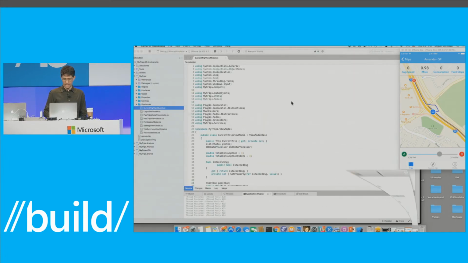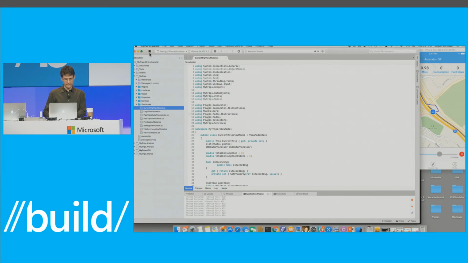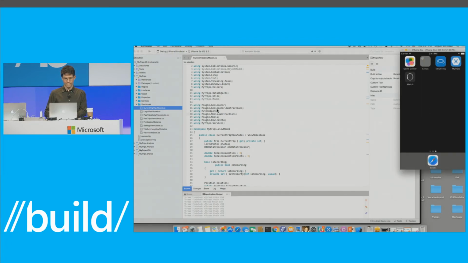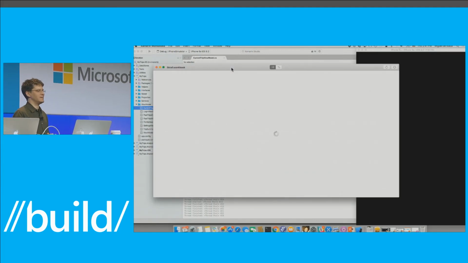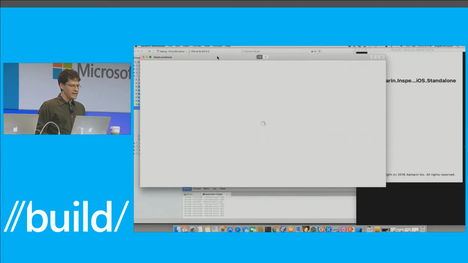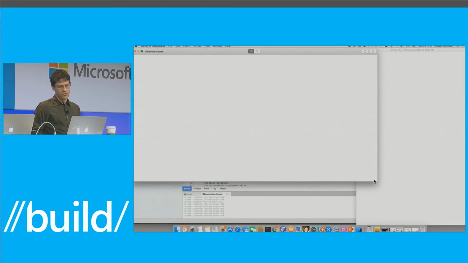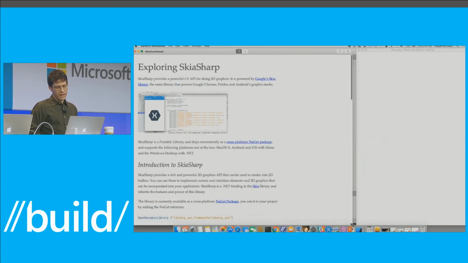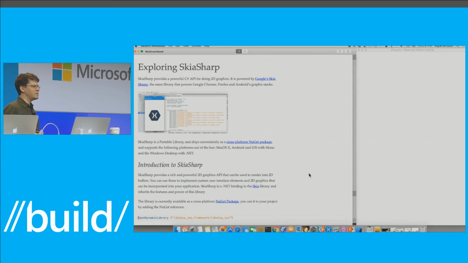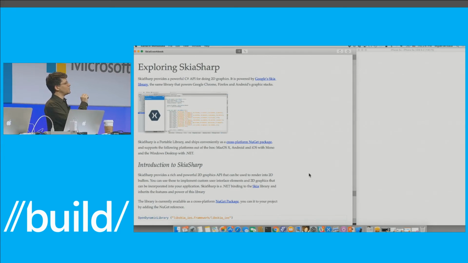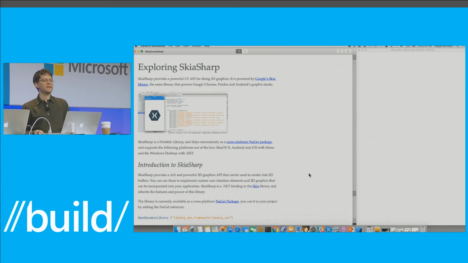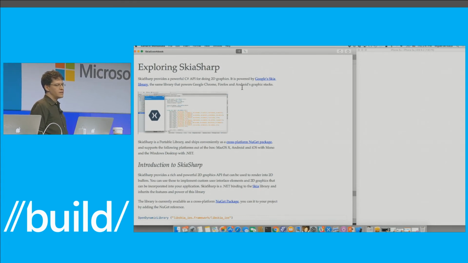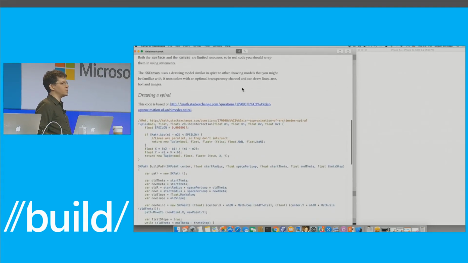Let me close this thing, and let me get rid of this thing. And where's the inspector? So let me open a couple of these ones. Skia, I'm going to show you the Skia one just because this is the library that I just talked about. It's been a void in the cross-platform story of .NET. We used to have System.Drawing, but it wasn't quite pixel perfect. And now we have the capability of having a pixel perfect 2D graphics library. So this is just a document that we produce for people to get started with Skia.